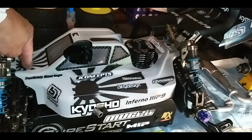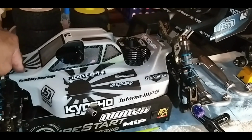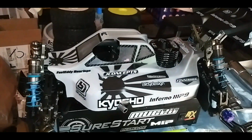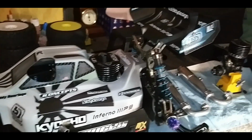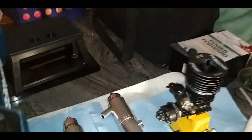So anyway, we're going to run this coming up in the next couple days. So that's about it. It's broken in pretty much, and now we just got to get it on 30% and throw a tune on it, get it dialed in, and rip it. Then after I get done with this, running this and breaking it in and dialing in, then the next one on deck is,